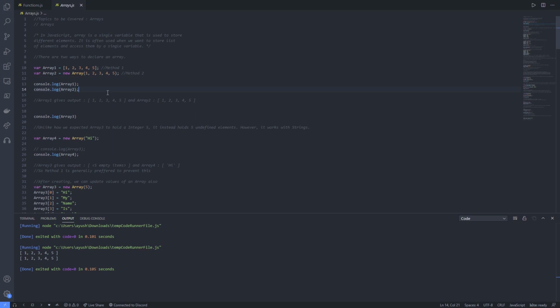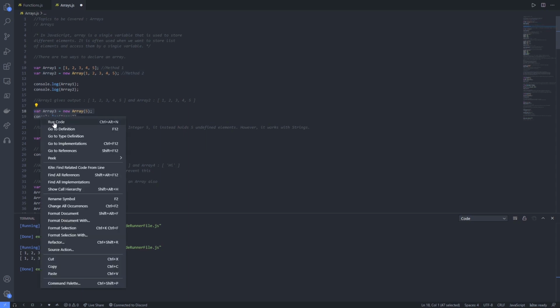when you want to add integers to the array. There's a reason why. Basically, if we do var array3 is equal to new Array(5), we technically expect, like in the array 2 example, that the element 5 will be an element, but it does not happen like that.